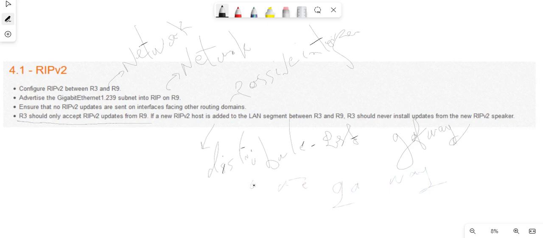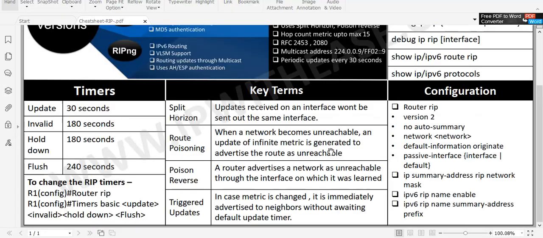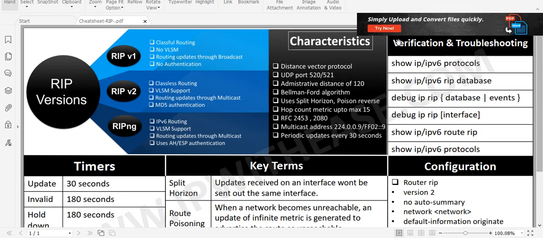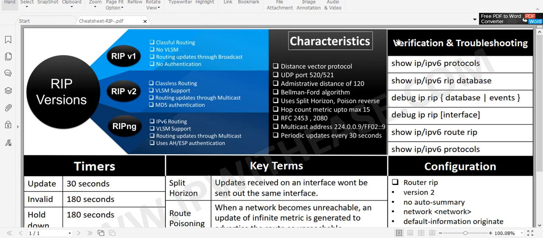Okay, let's review the RIP routing protocol and jump into configuration. We have three versions of RIP. RIP version 1 is classful routing, with no VLSM. Routing updates are broadcast, not multicast, and there is no authentication. In RIP version 2 we have classless routing. It supports VLSM, and routing updates are multicast. It uses a multicast address,